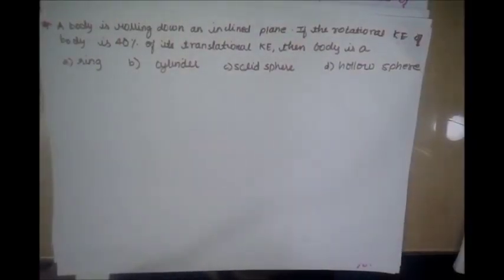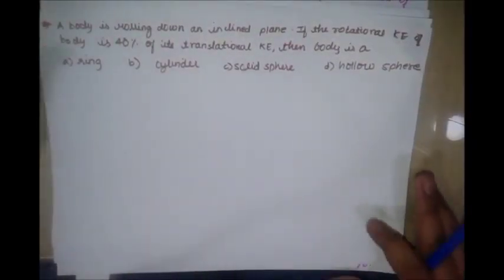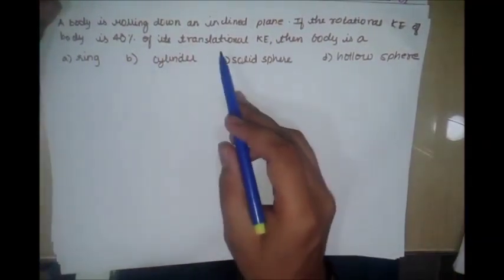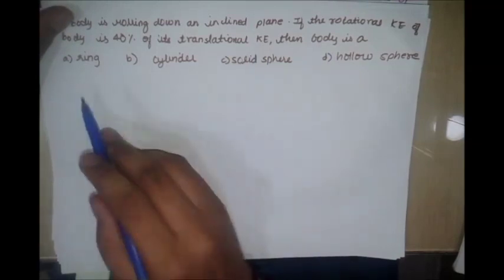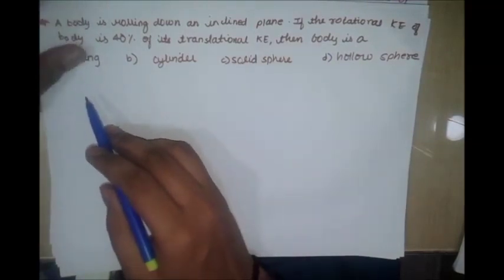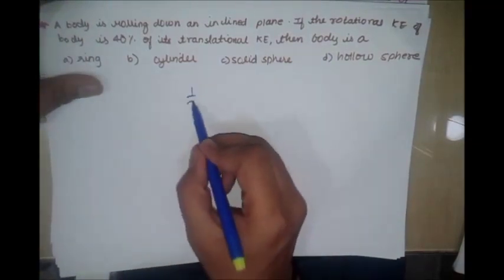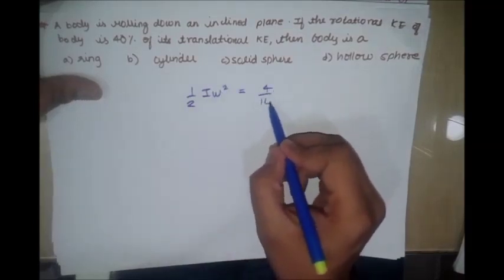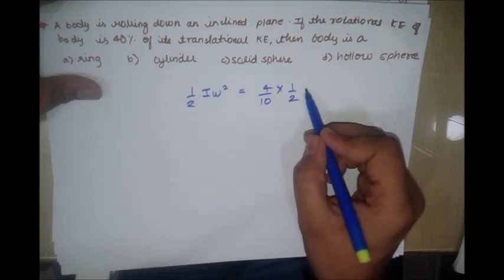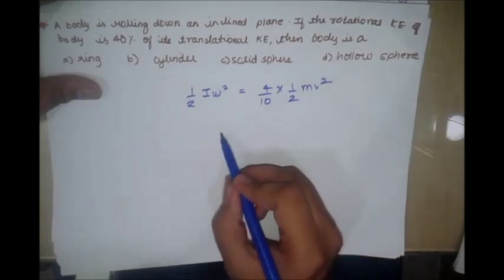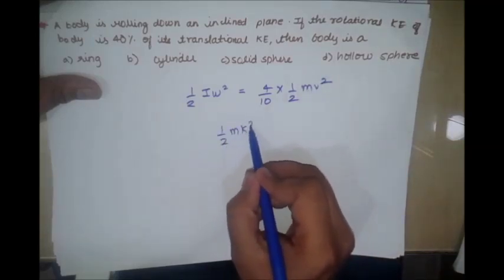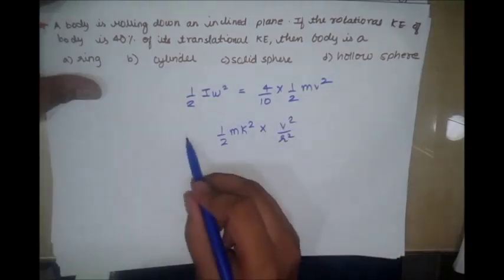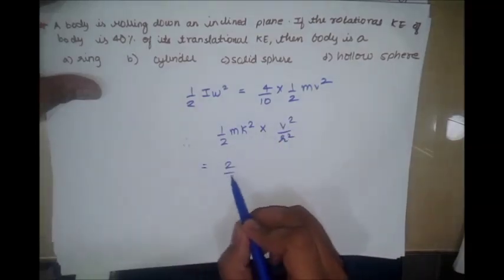A body is rolling down an inclined plane. If the rotational kinetic energy of the body is 40% of its translational kinetic energy, then the body is a? Now to solve this question, we know half I omega square is equal to 4 by 10 into 1 by 2 mv square. So half mk square into v square by r square, which is equal to 2 by 5